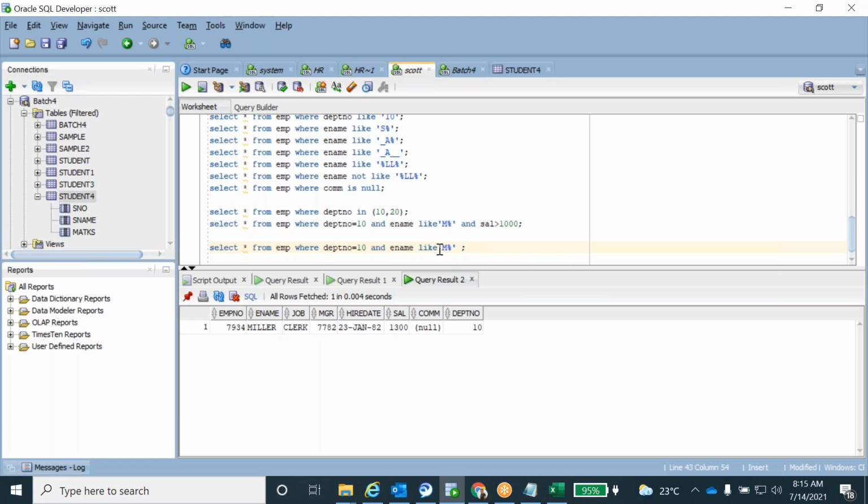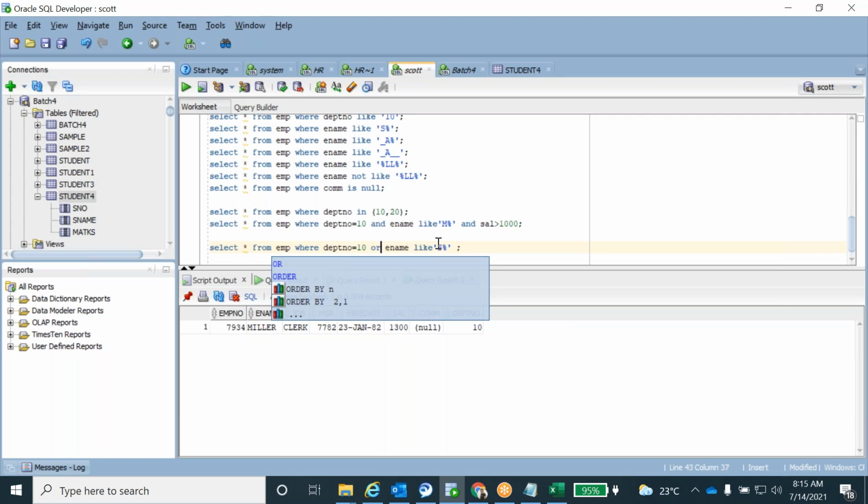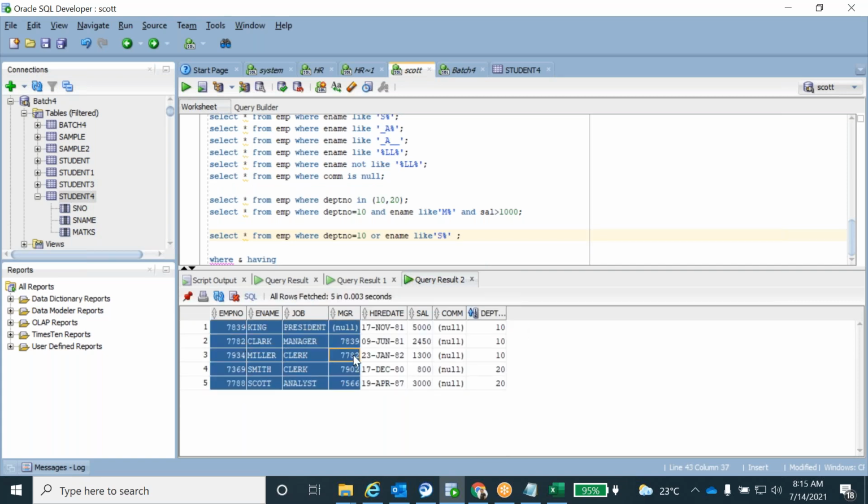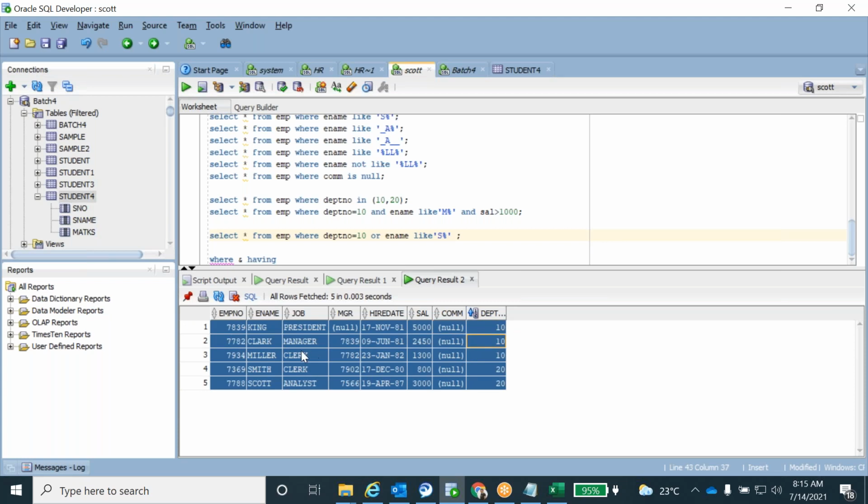Okay, I'm giving the 'yes'. Earlier I didn't have 'yes'. Here, whenever I give the 'yes', it doesn't display any data. I'm using the OR condition. Just execute and see how many records there are. First will be all the conditions. So 3 records are there, and these 3 records are displayed first.